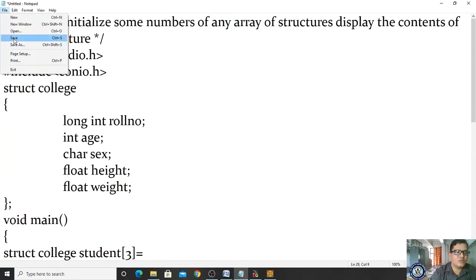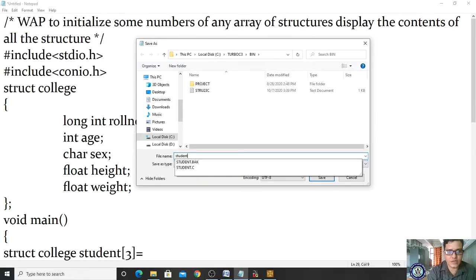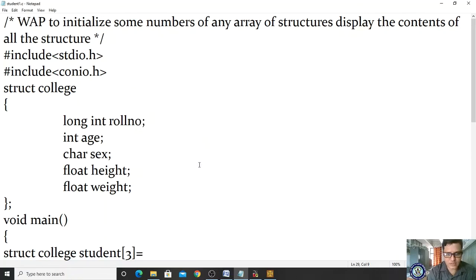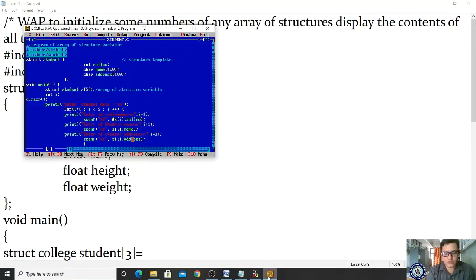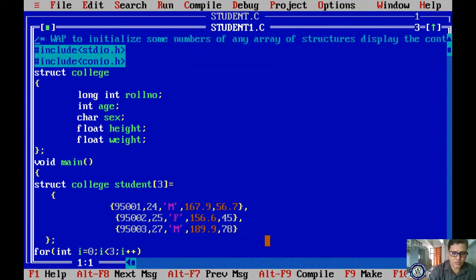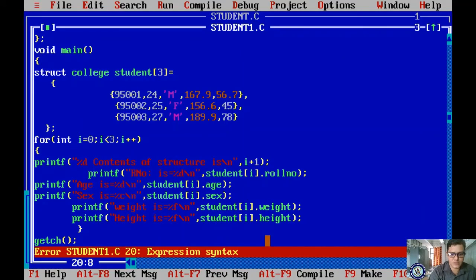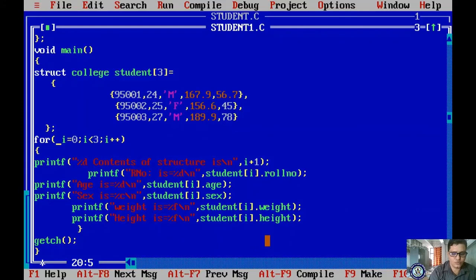Let me save it and give it the name student1.c, and come here and press F3, student1.c, and now compile it. It consists of 3 errors. Let us see what the expression syntax is. Here it is not supposed to be done, right?